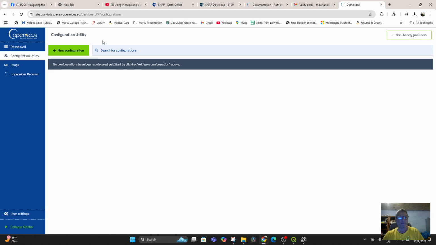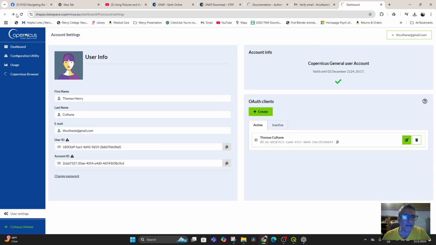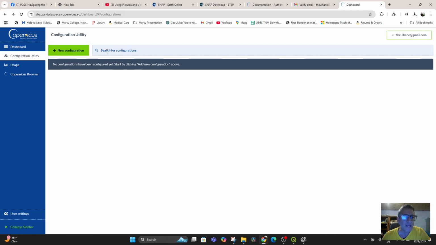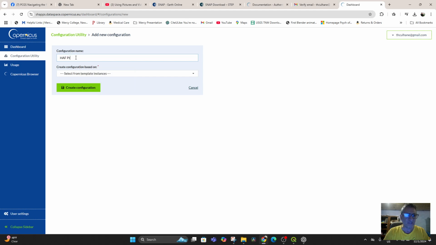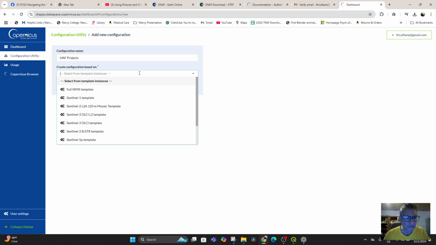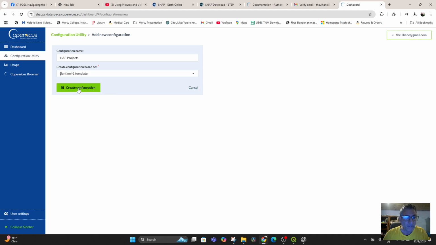All right, it appears that I have to do this in my Copernicus account because I don't have a configuration. So I need to give a configuration name. I'll call this HAF projects, I guess, and then create a configuration based on the Sentinel-1 template. Gee, I don't really know what I'm doing. Create a configuration, and then that